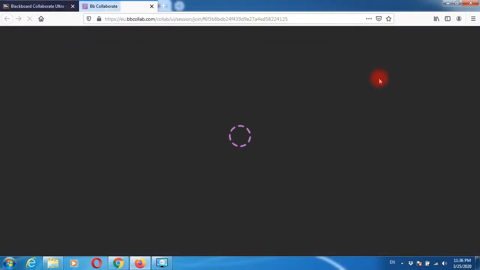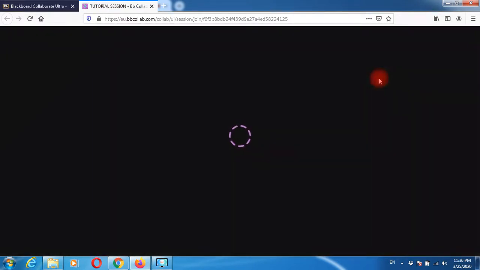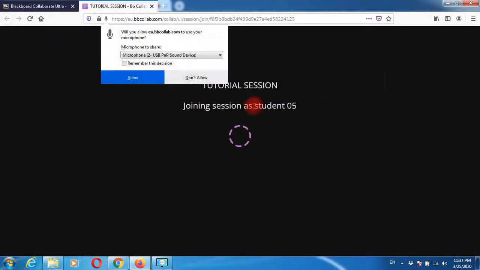Now again, once I join the session this way, the system will automatically take my user ID from Blackboard and mark my attendance. So this part becomes so precise that there is no chance of a student typing the name by herself or himself and joining the session. See, if you observe here,